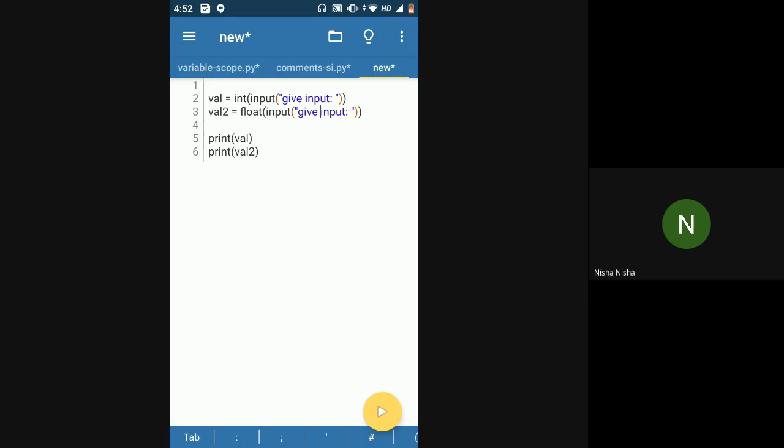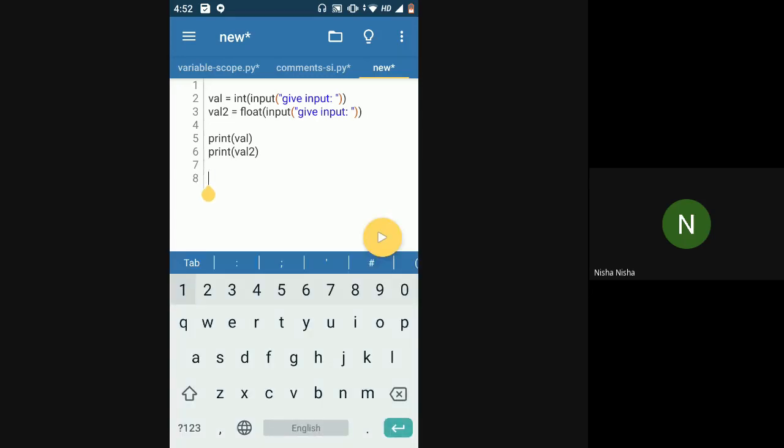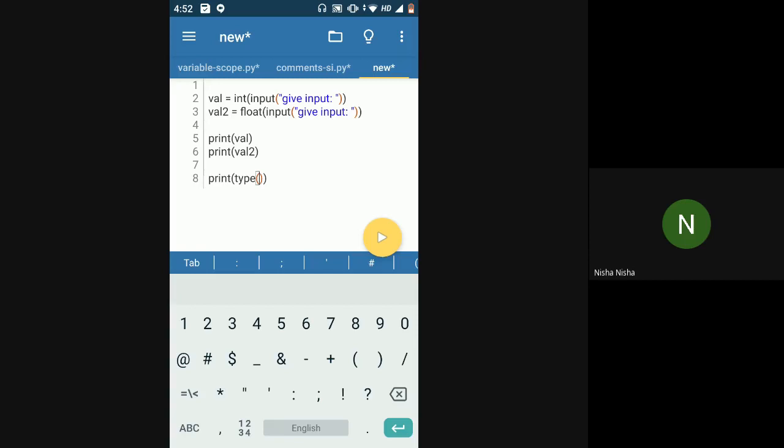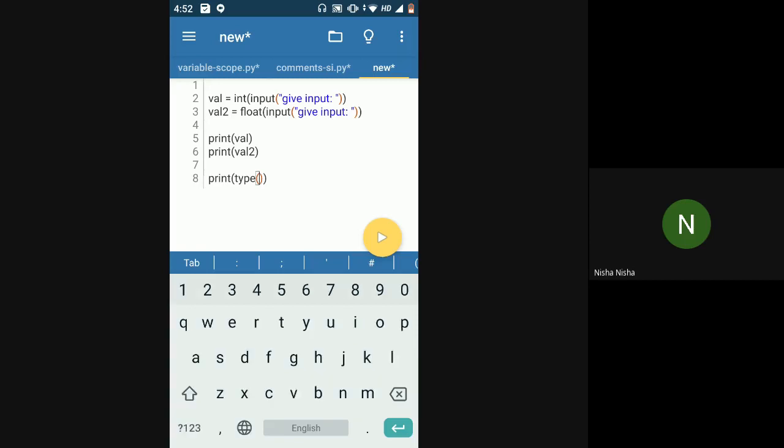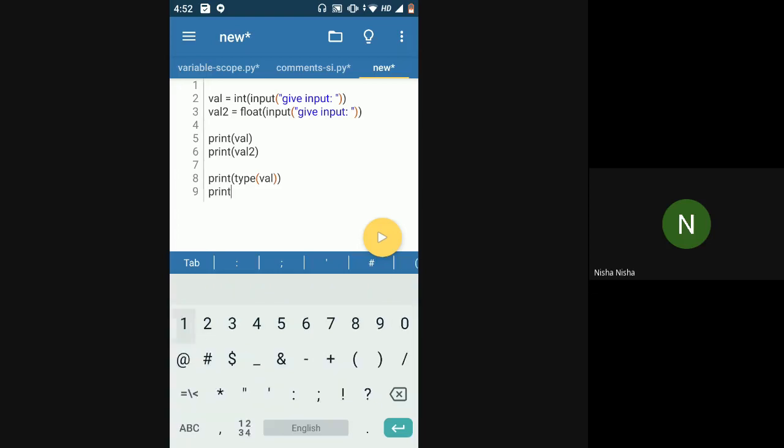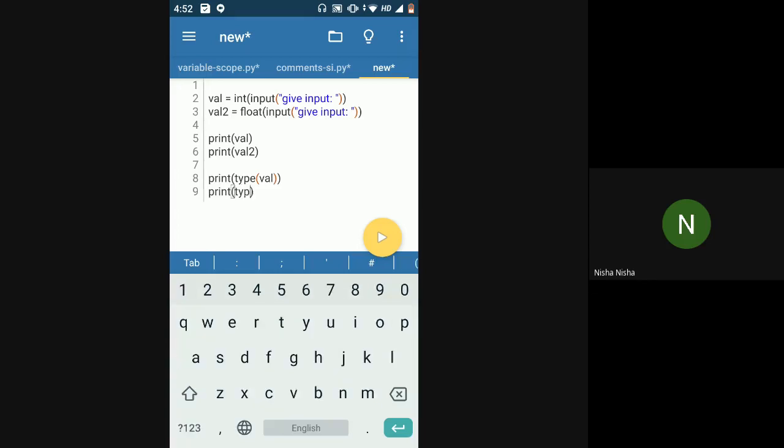We're talking about type, right? What this type function does is give you the data type of the variable that you pass inside it. So here it will give me the data type of the val variable, and similarly, it will give me the data type of the val2 variable.